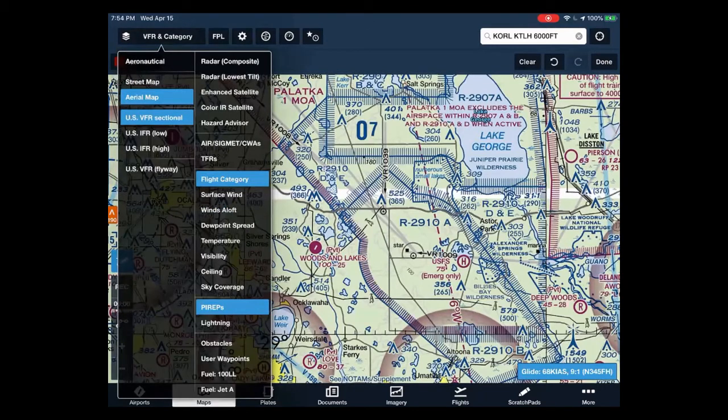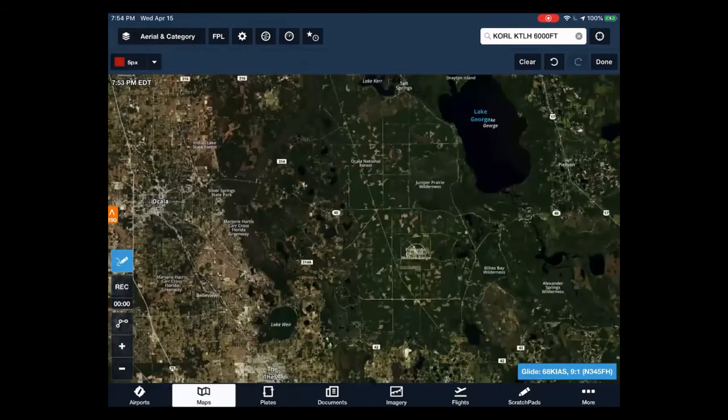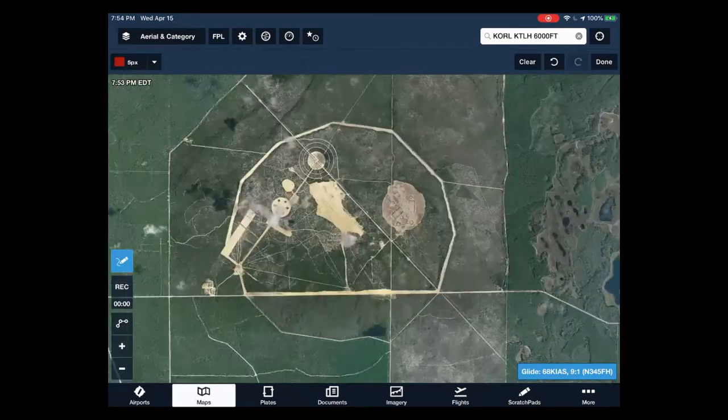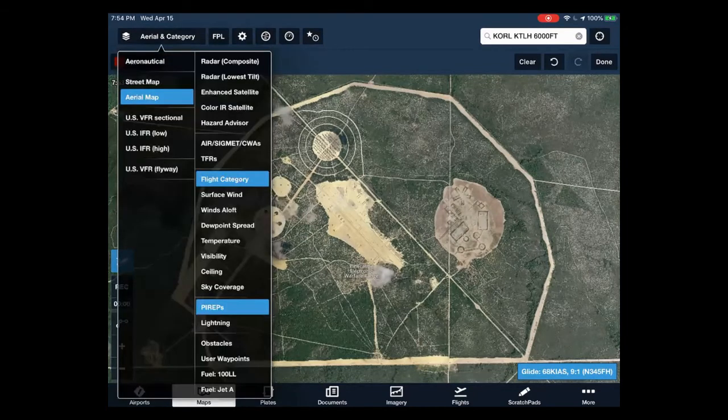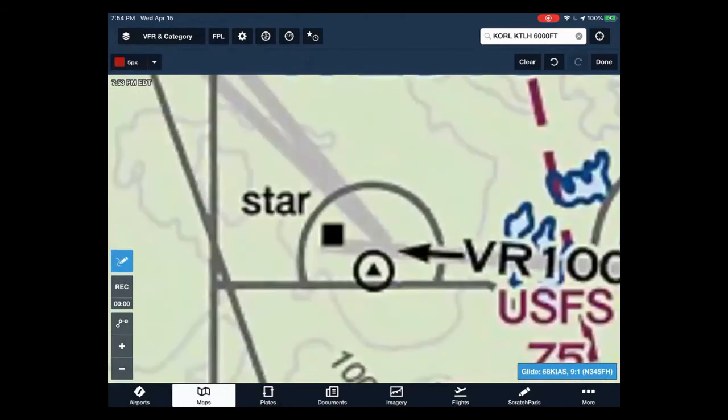So don't forget, if you're using ForeFlight, you can turn off the sectional and look at the actual ground to see what's going on there. And it just gives you additional validity to say, yep, I know I can't legally fly through there if it's active and they don't clear me through, but I wouldn't want to be there anyways. Now, one takeaway is that yes, you can technically fly through an active restricted area if you've obtained clearance by